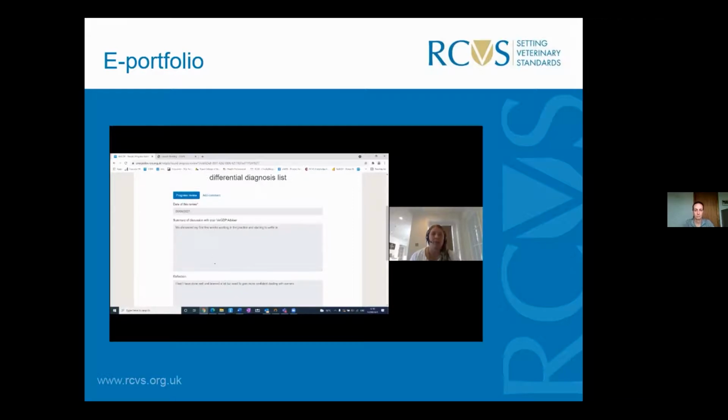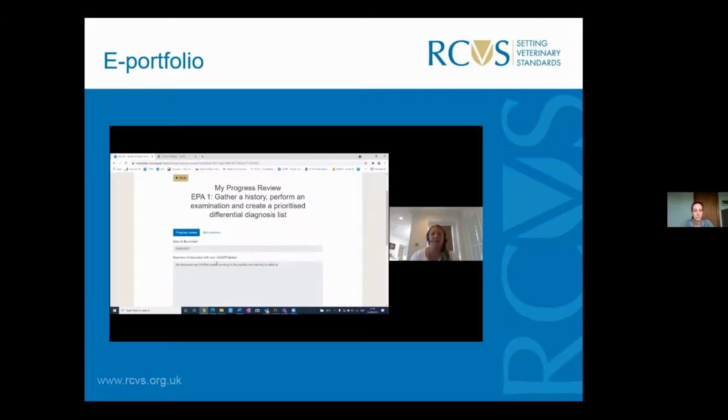there's quite a lot of text, and I know that it can feel like this is going to take up quite a lot of work, but we will be introducing an app version of the portfolio later this year that you will then be able to use the audio recording button. But it's worth remembering that on most laptops and mobile devices, you can also use speech recognition software. So if I do that on my laptop,